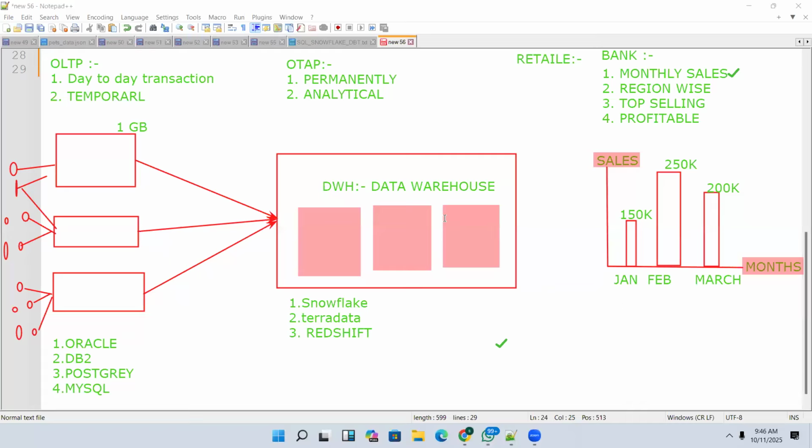Before that, let me explain, guys. Here you have data. If you want to show this data in the form of a visual report, what do you need? You need some tools, guys. What are those tools? We call them BI tools.